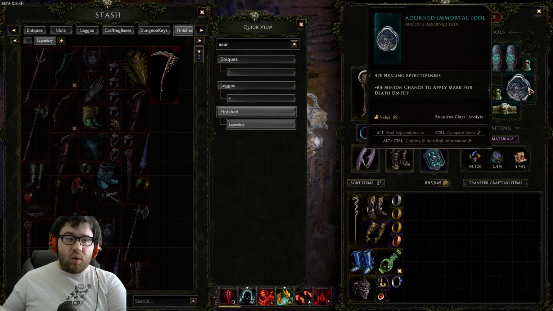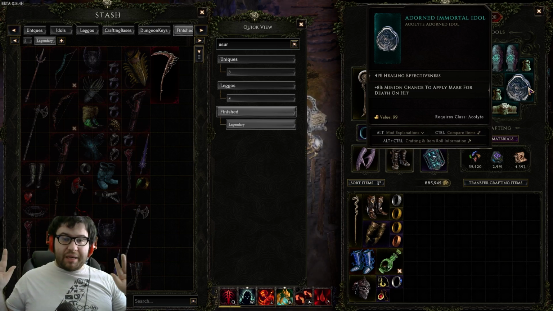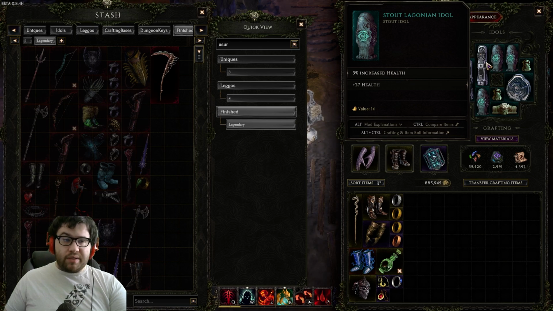And of course, one idol with chance for Mark for Death on hit so that we can apply Mark for Death. It's just 25% pen. Just read this as 25% pen and you're good to go. And just like I said, as much HP and resistances. That's why this build is so cheap, because we don't really care about our idols,